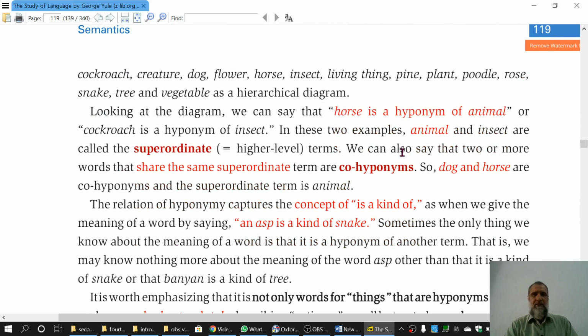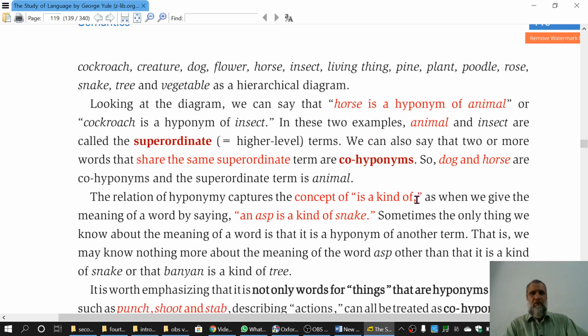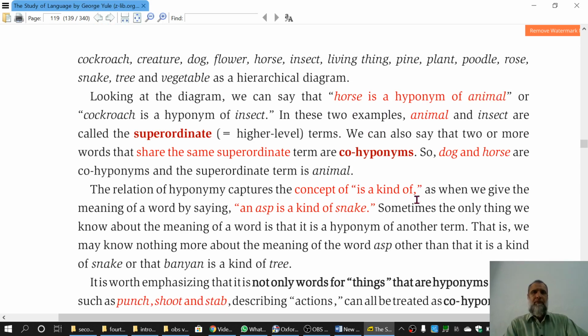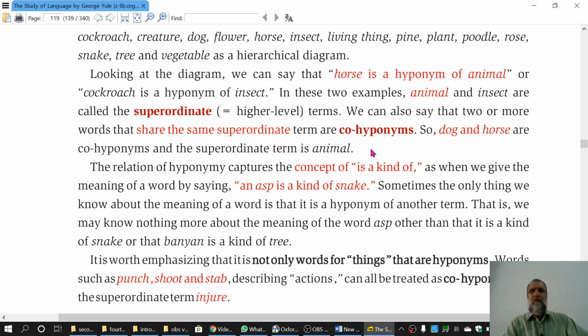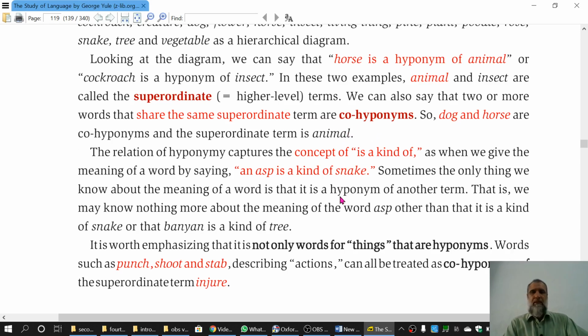डिस्कस की। इसी तरीके से हमने ये भी डिस्कस किया कि जो हायर लेवल पे होगा वो सुपर ऑर्डिनेट कहलाएगा। मसलन हॉर्स जो है ये एनिमल का हेपोनिम है, तो एनिमल इसका सुपर ऑर्डिनेट है और ये इंक्लूड करता है अपने अंदर हॉर्स को। और जो सुपर ऑर्डिनेट, एक सुपर ऑर्डिनेट के मुख्तलिफ हिस्से हैं, मुख्तलिफ वर्ड्स हैं, तो आपस में को हेपोनिम्स कहलाते हैं। जैसे डॉग और हॉर्स ये एनिमल के लिए को हेपोनिम्स हैं, एनिमल इनका सुपर ऑर्डिनेट है।